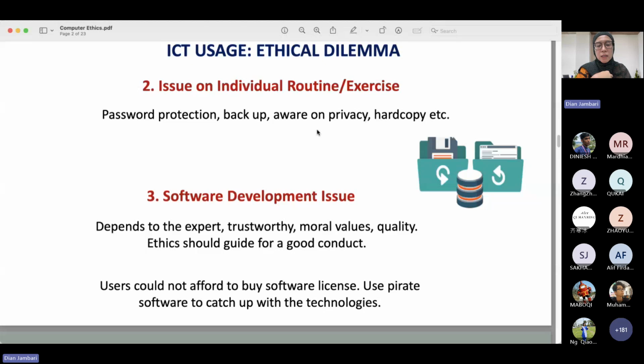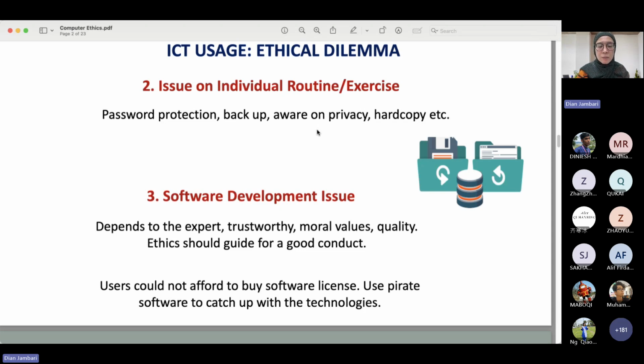Hopefully this is not something that you are practicing now, as you are using many different tools and software to develop your final year projects. But this is something that is common in our practice, particularly when we do not have the means or the access to